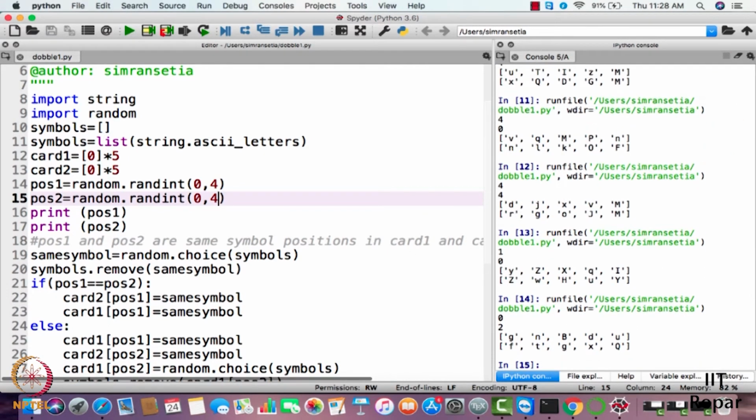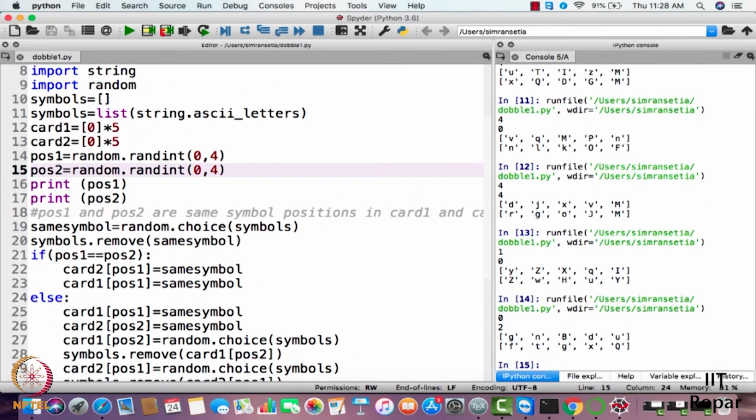Now it's fine. So please note the fact that if we generate random integers from 0 to 5, then it can also generate 5. For example, it can generate 0, 1, 2, 3, 4 or 5. But in a list we have assignments from 0 till 4. Okay, so we'll generate the random integers from 0 to 4. We'll write the range here as 0, 4. Please note this fact here.